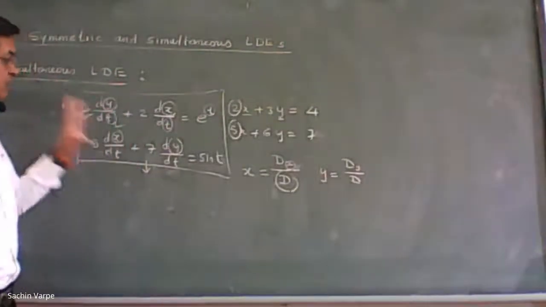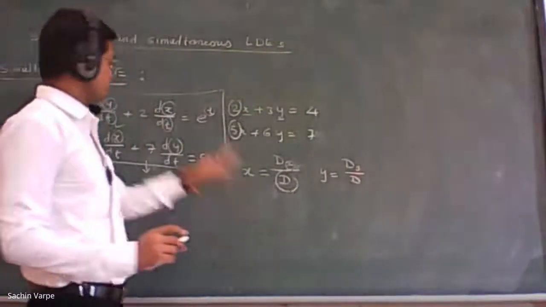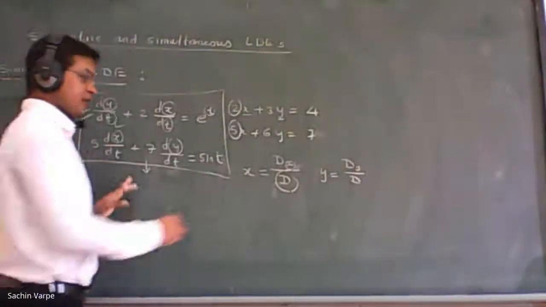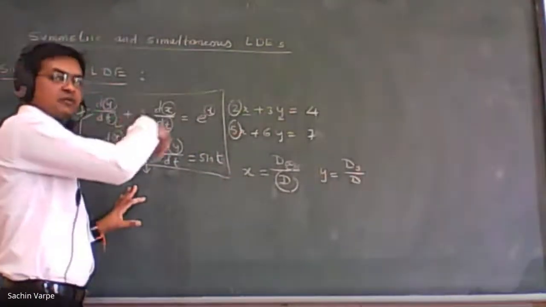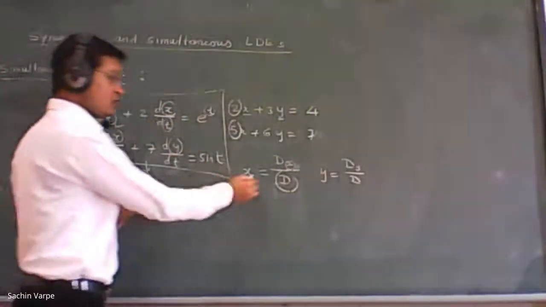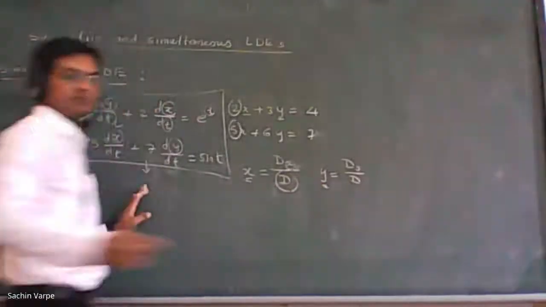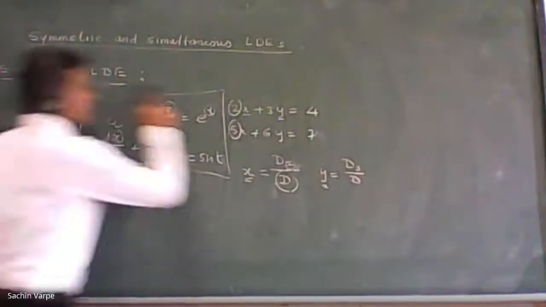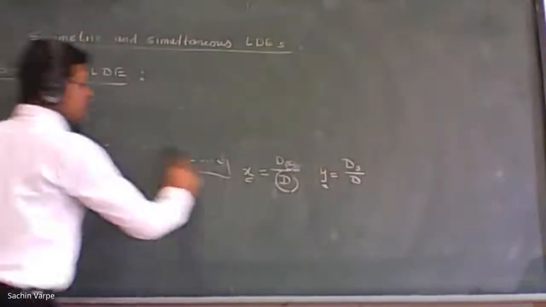So that is the only thing we need to remember in case of Cramer's rule, that we can apply Cramer's rule for linear differential equations, or for the solution of simultaneous linear equations, only for one of the variables, either x or y. Let us discuss the method directly with the help of an example. Write down the example.